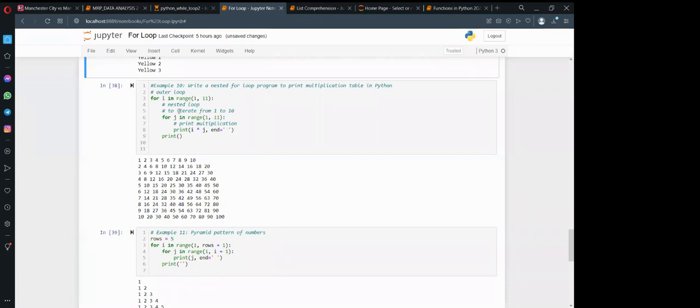So this one iterates from 1 to 10, the same thing, we are iterating range 1 to 11. So it will print I multiplied by j. The first one is I, the second one is j. This one is just helping us to terminate, reach the end of the line. Then we print. So you'll get this kind of multiplication table.